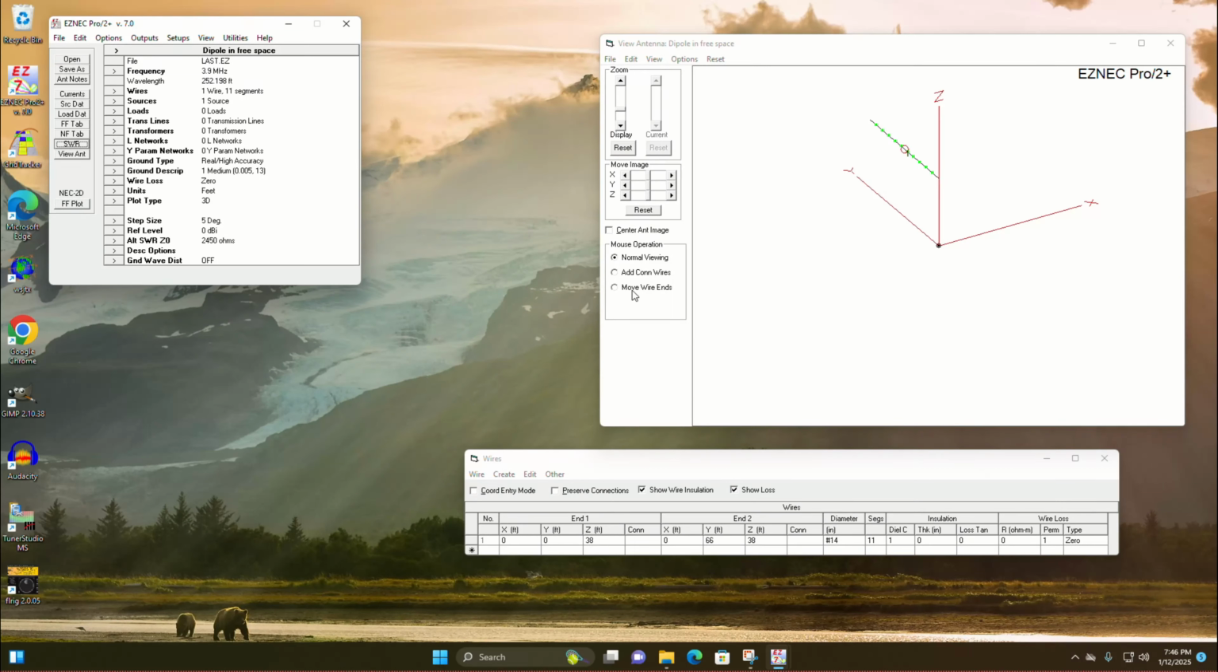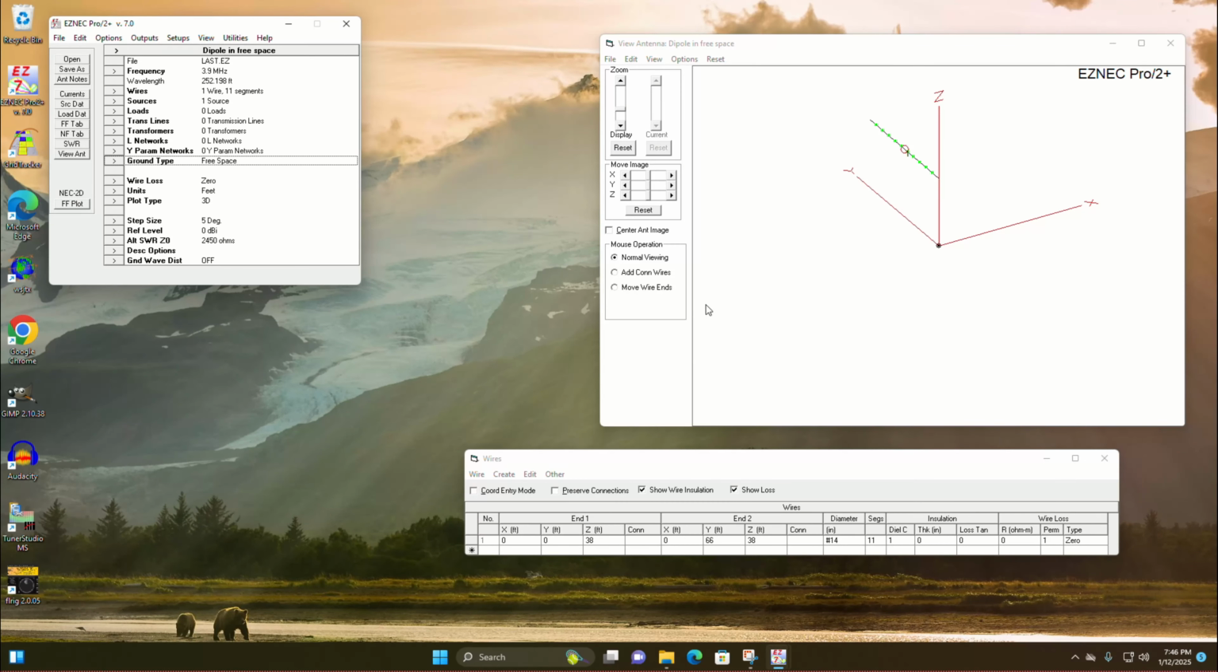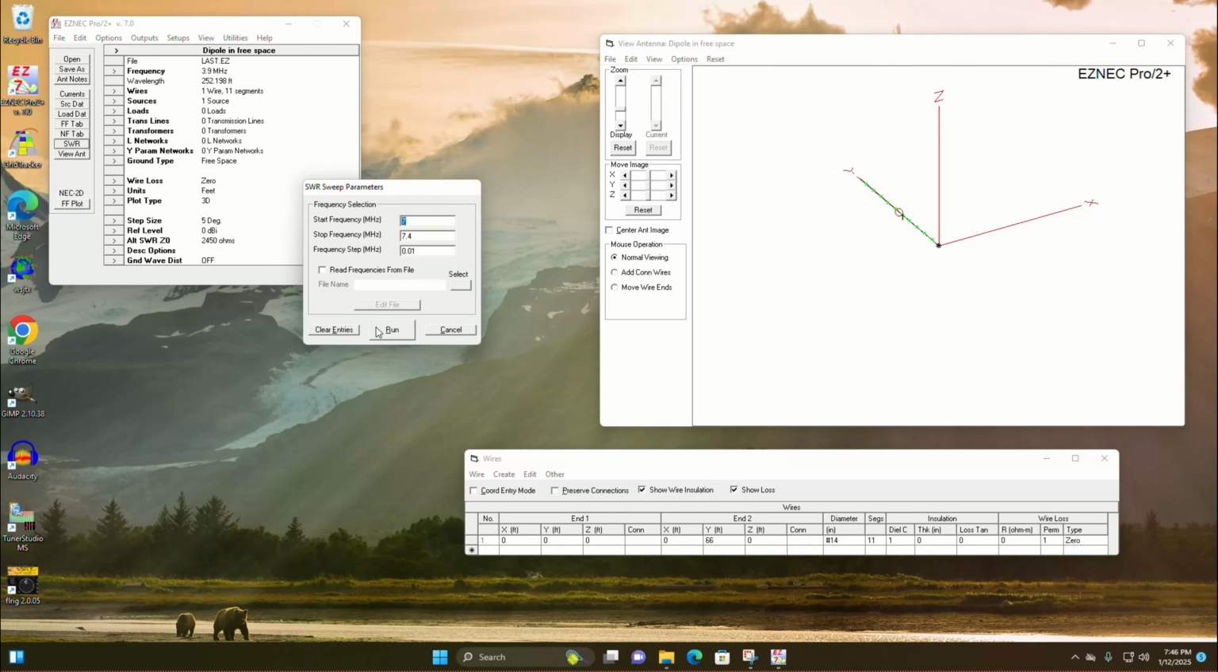Well, let's start over. What we want to do is start out in free space mode. And let's change our height by 38. Let's take it down to 0 feet, so we're going to put this right on the ground. And now this is a free space wire that's 66 feet long. We have no ground to worry about. And if we model that,